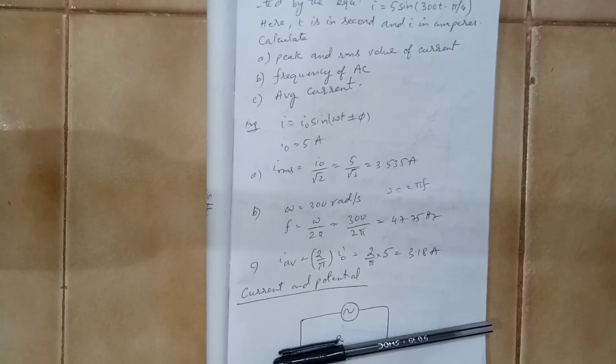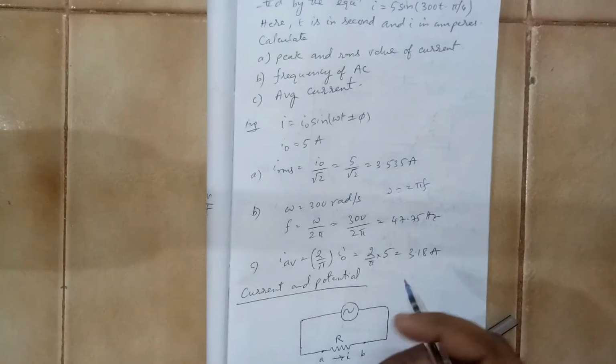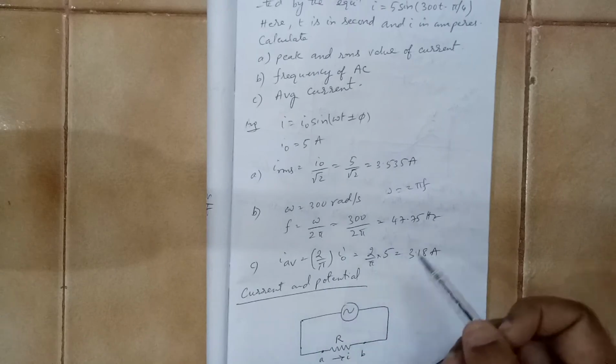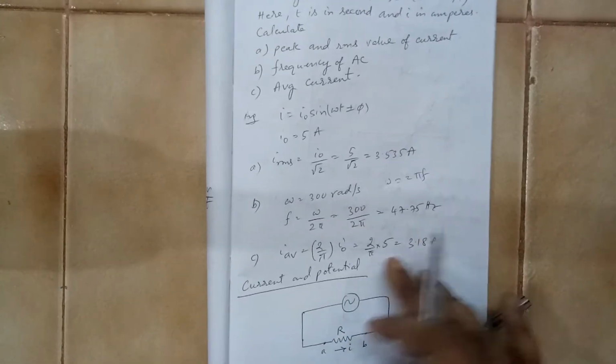Now whenever we talk about an AC circuit, like your DC circuit, what are the components in that? Whatever you have studied earlier, resistors, inductors, capacitors or their combination, that is what you will observe here also. Only the current is in a different format: there it is in the DC format, here it is in the AC format. So we will see how the variation of current and potential will be in different circuits. First we'll take this circuit.